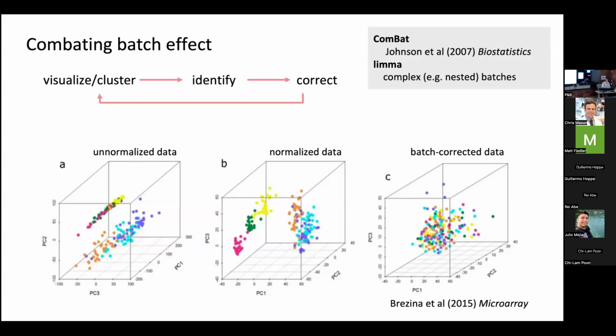Usually I would recommend ComBat, the classic 2007 paper that uses empirical Bayesian adjustment and was originally for microarray data, but can be used on different data types to correct the batch effect. There are also data type specific methods. So limma here is an example, because it's obviously a package for RNA-seq, like RNA expression analysis. This particular one, though,